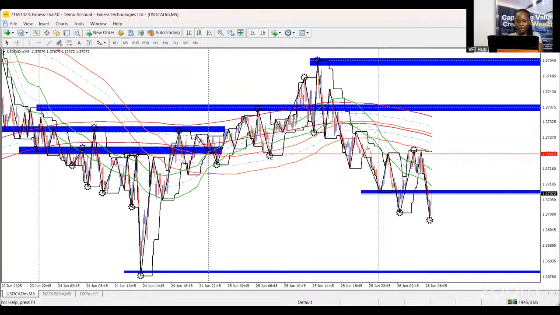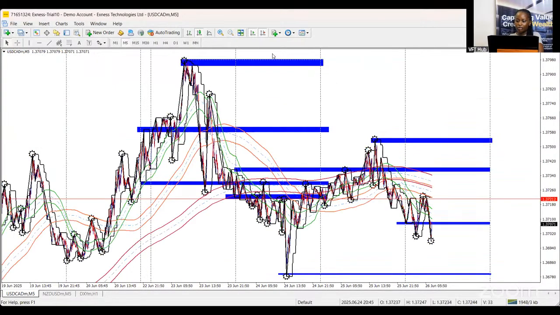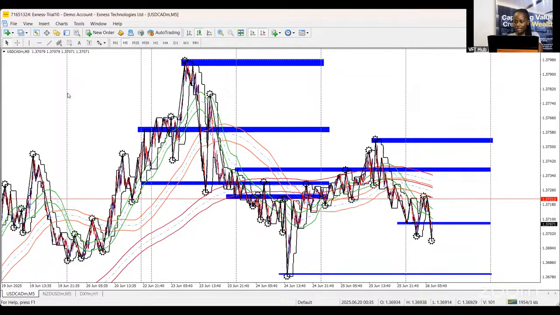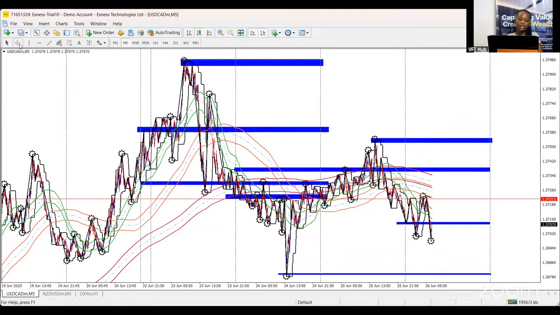Okay, some of us are wondering, what are these indicators? I don't have them. How do I benefit from this analysis? Pay attention to price on the right-hand side. This is what you want to take note of, and then add that to your TA, technical analysis, and take advantage of what we're looking at. You can then add your own confirmation as well for those of us that are already traders. For the newbies, you know what to do. Send us a DM and let's guide you through.